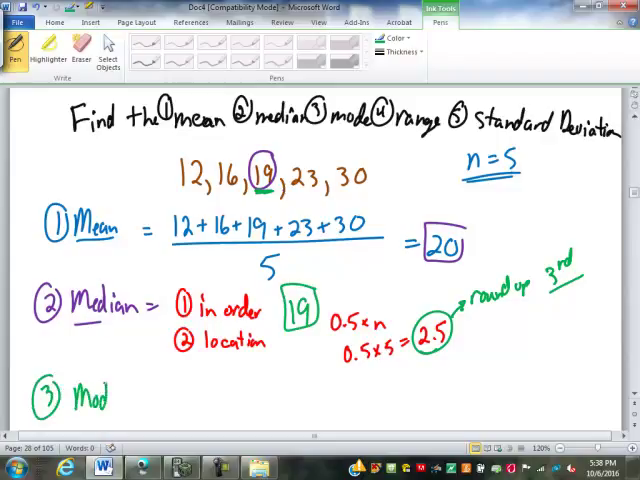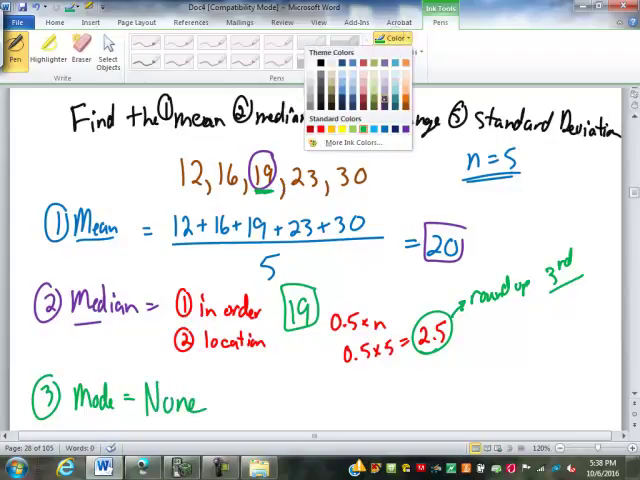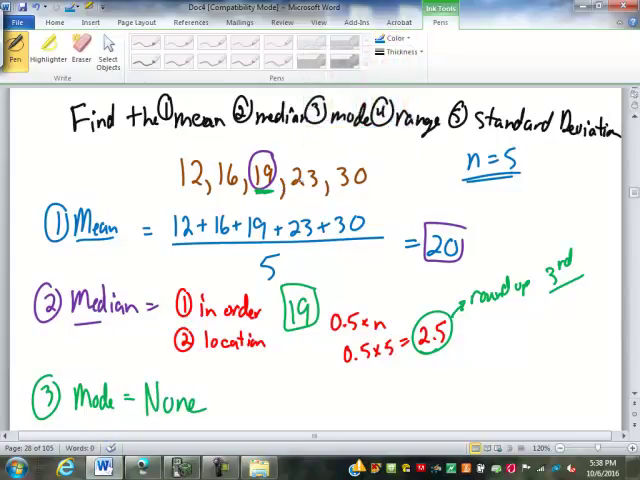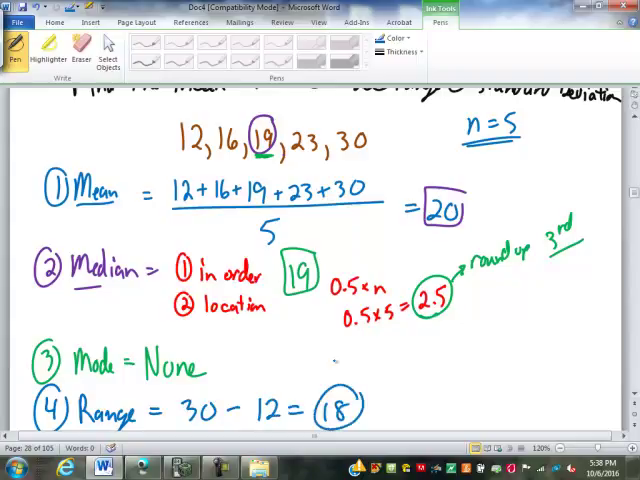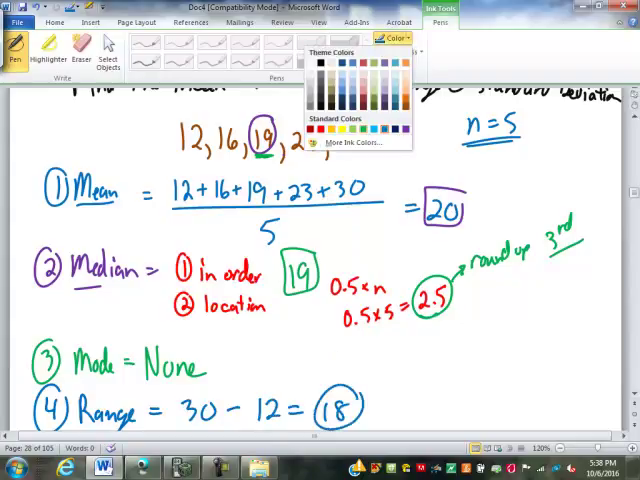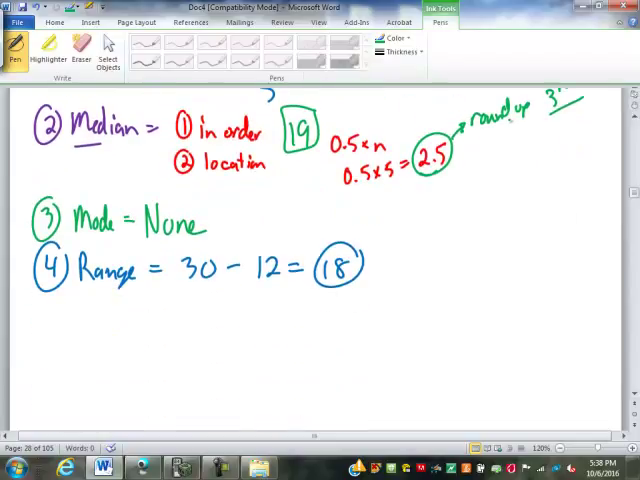Mode. There is not one. You are correct. There is none. Range. Largest minus the smallest. 30 minus 12 is 18. A range of 18. And finally, the fun one,